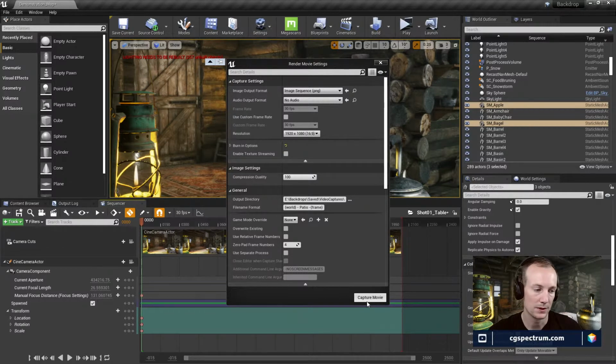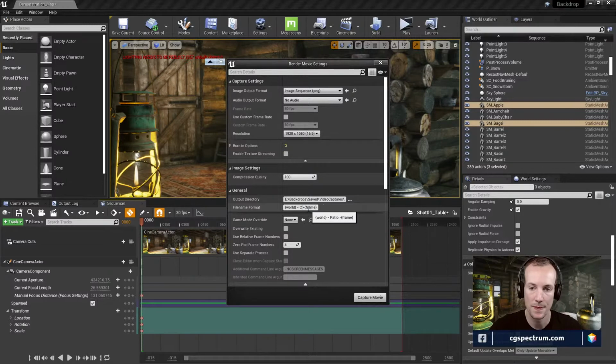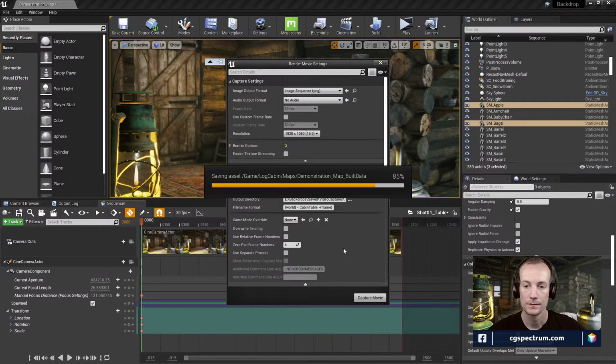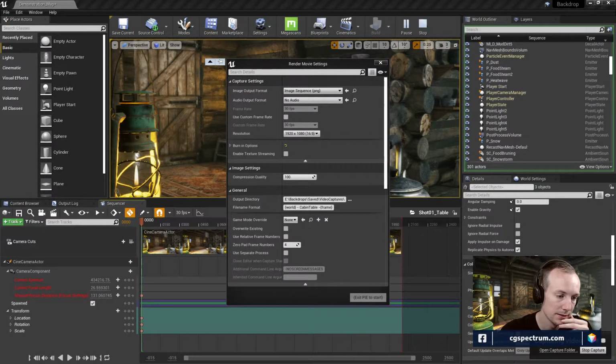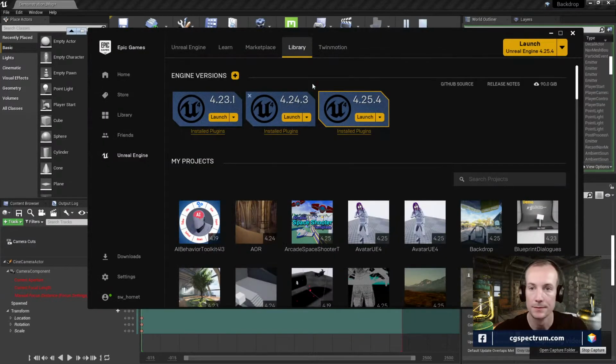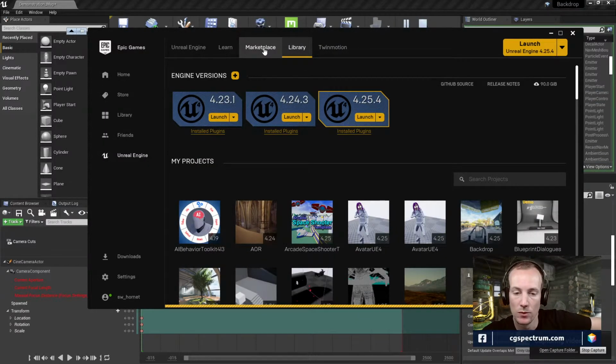And once that's finished, let's rename this again. Don't know what happened that last time. That was a bit weird. All right, while it's doing that, let's go take a look at the marketplace for the wildlife animals